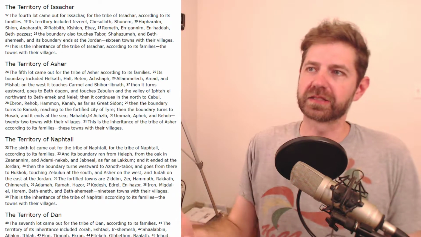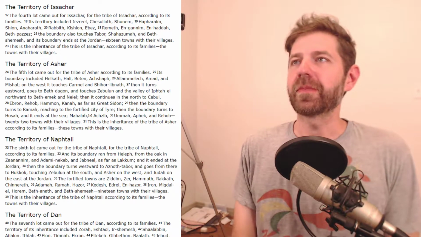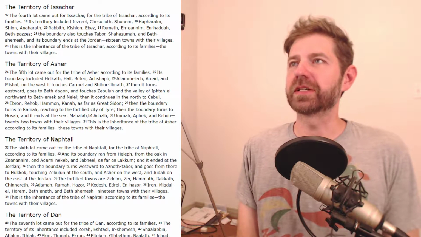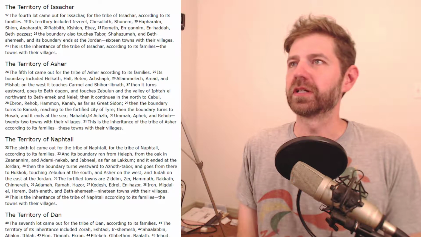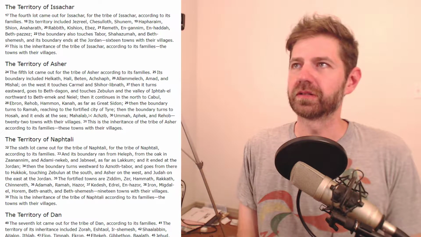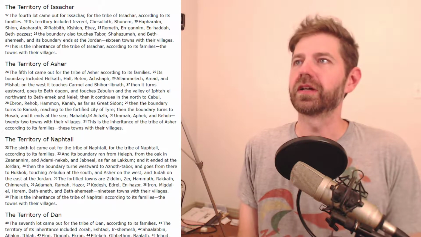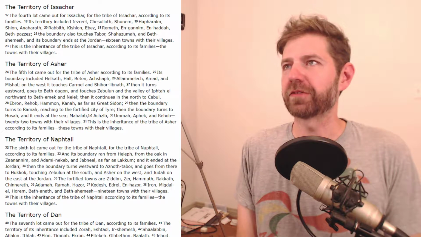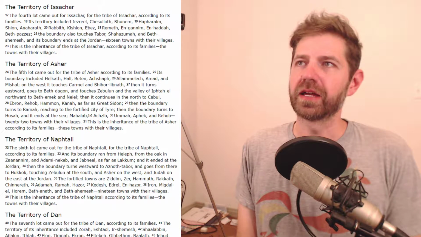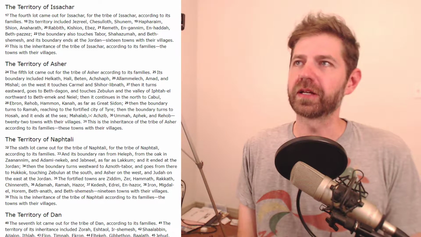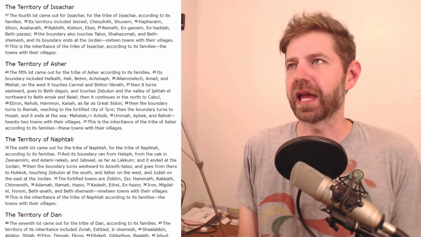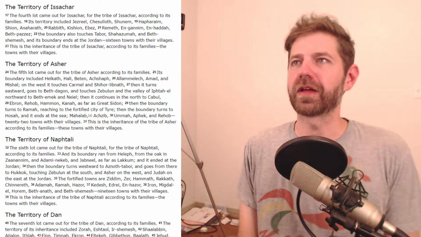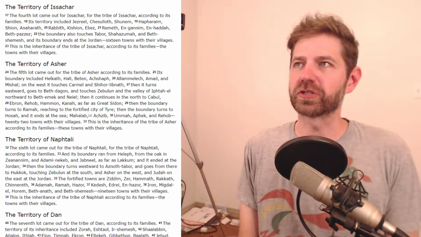There's going to be a lot like this coming up. We got to go through all the tribes. The fourth lot came out of Issachar, for the tribe of Issachar, according to its families. Its territory included Jezreel, Chesulloth, Shunem, Hapharaim, Shion, Anaharath, Rabbith, Kishion, Ebez, Remeth, En-gannim, En-haddah, Beth-pazzez. The boundary also touches Tabor,